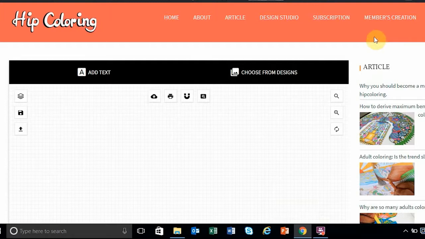Today I'm going to show you the design studio at Hipcoloring. Now you must be wondering, what is this design studio and why is it called so? Now the design studio is nothing but a simple and efficient software which helps you design your very own coloring